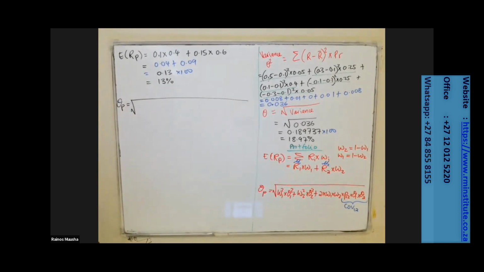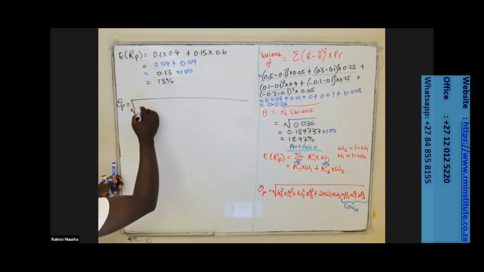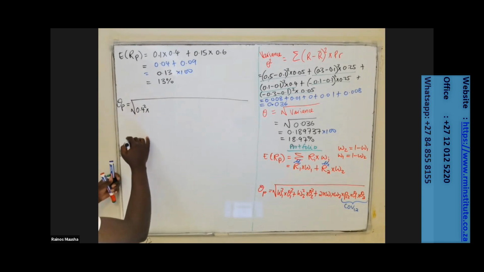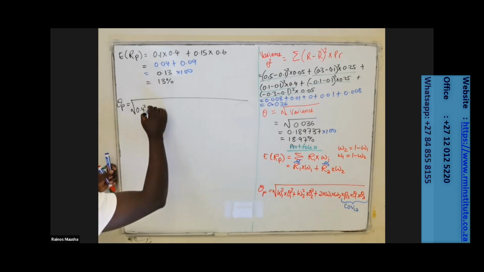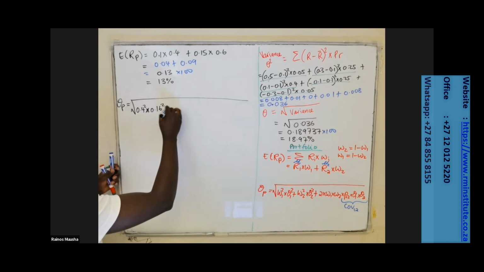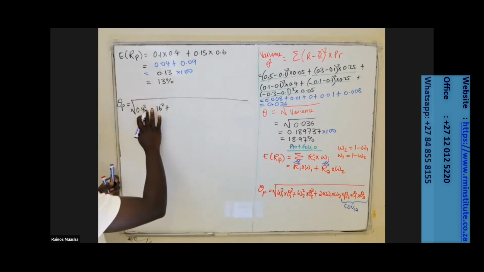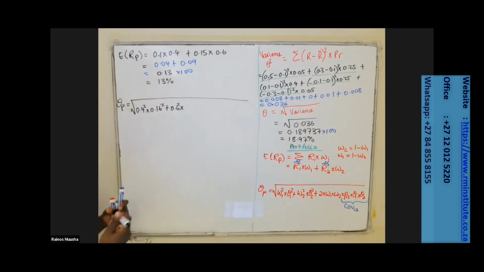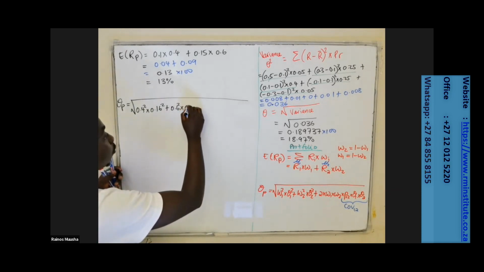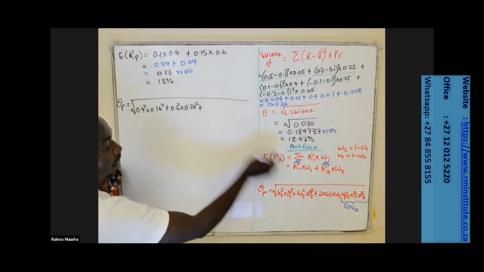So for this two asset portfolio, we know that the weight of asset one is 0.4 squared times the standard deviation of asset one. We were given that for asset one, the standard deviation is 16%, so it's 0.16 squared, plus the weight of asset 2, which is 0.6 squared times the standard deviation of asset 2, which was given as 24%, so it's 0.24 squared, plus